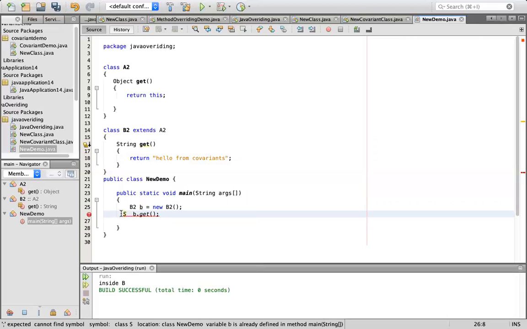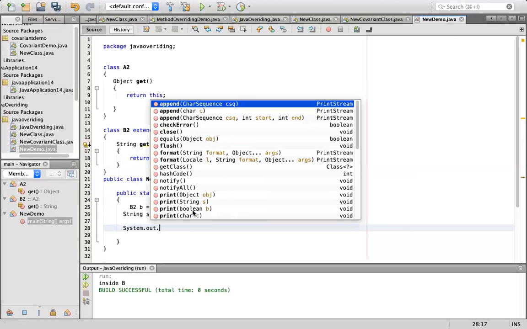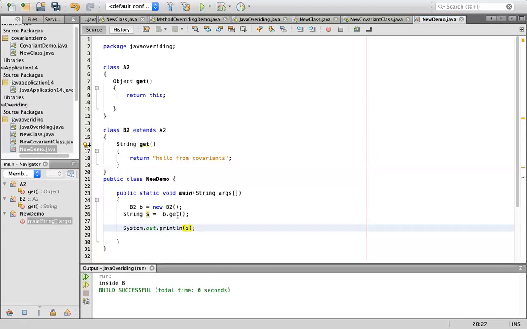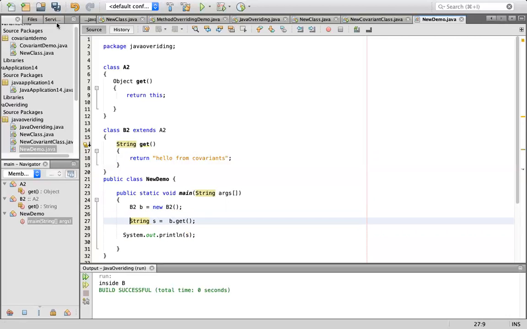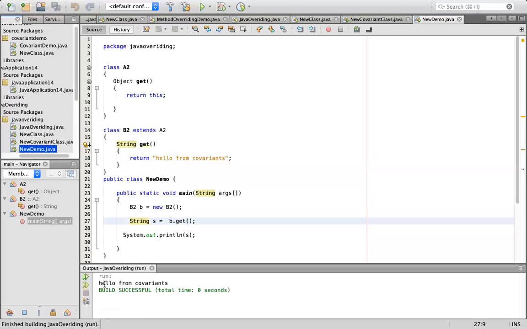String, because it is returning a string, I should collect in String s = b.get(), and then print that value here, System.out.println(s). Let me just save this and run this NewDemo.java, run file, and you can see this output, that is hello